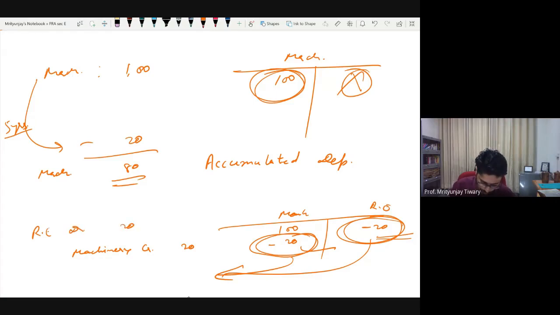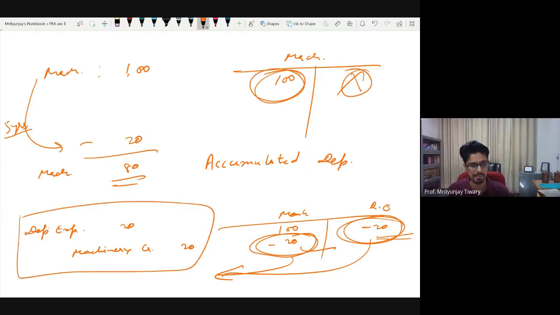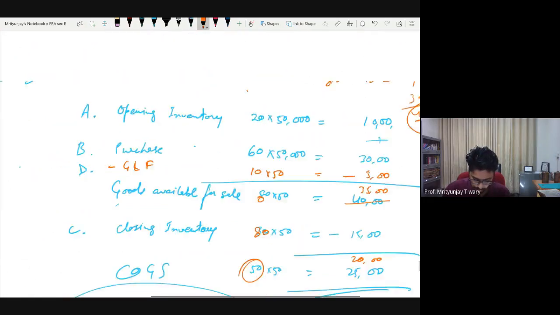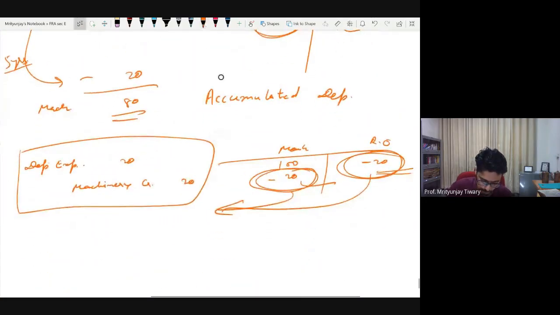So we don't want retained earnings. So we would have mentioned the name of the expense. The expense is named depreciation expense. Okay, let's go and check whether we passed this entry at the time of depreciation or not. Let's quickly go and check. So here what I have written, depreciation expense debit and machinery credit.